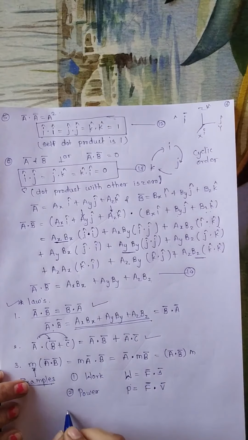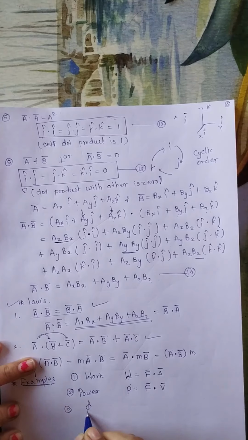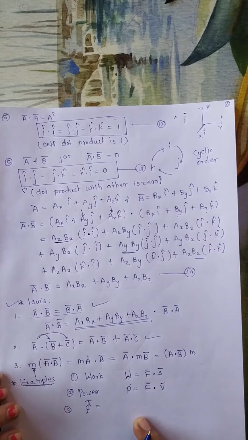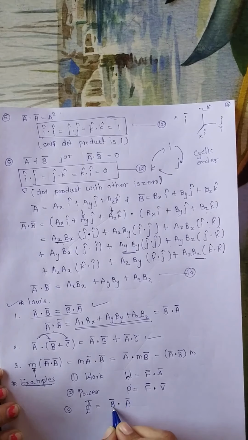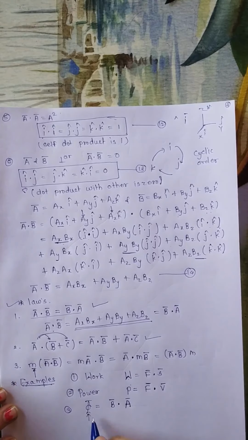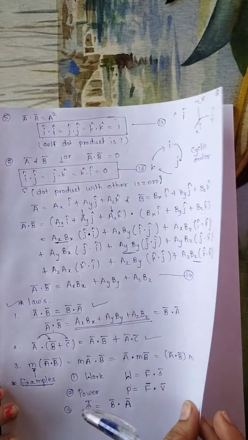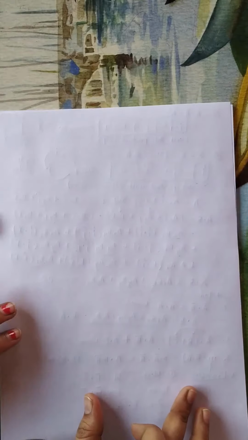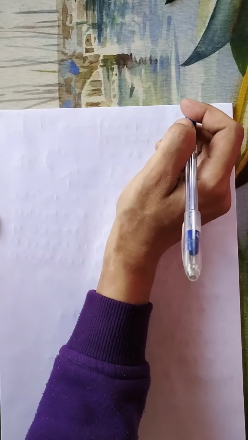Now the third example is of magnetic flux, which is given by phi, and this magnetic flux is a dot product of magnetic induction B bar with the area vector A bar. This is magnetic induction and this is the area vector A bar. So if we take the dot product of these two quantities, we will get a scalar quantity which is known as magnetic flux. So many physical quantities or terms in physics use the dot product since they are scalar quantities.